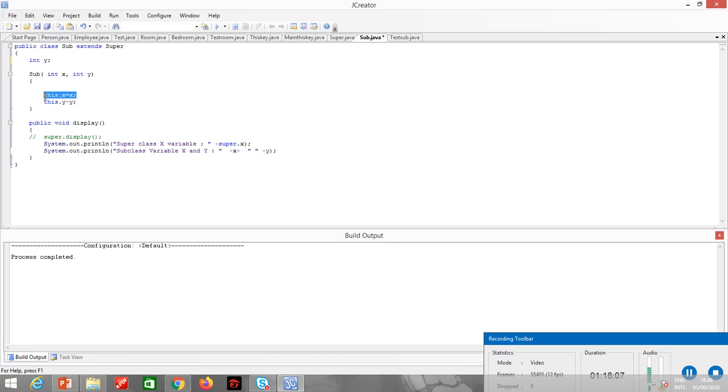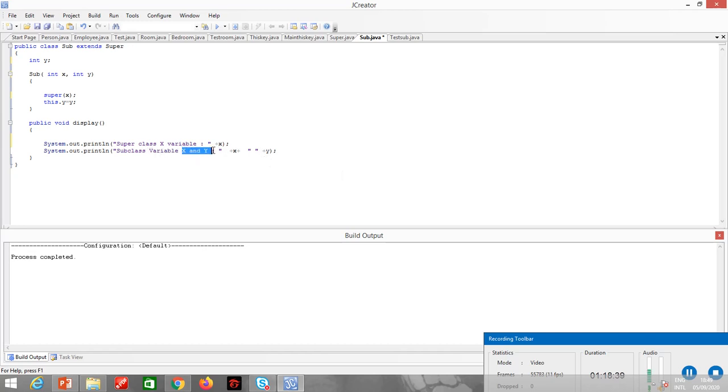So x belongs to the superclass, super x. Alright, now what I display over here, system dot out dot println and x. No need for this super keyword because x belongs to the superclass only.